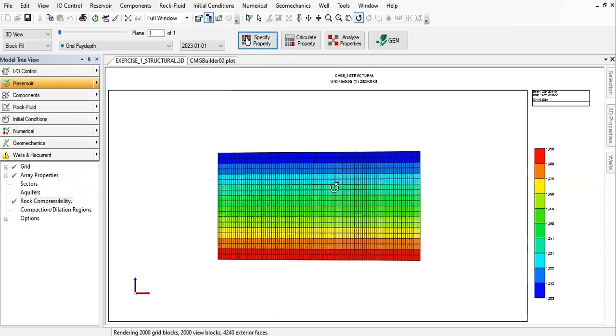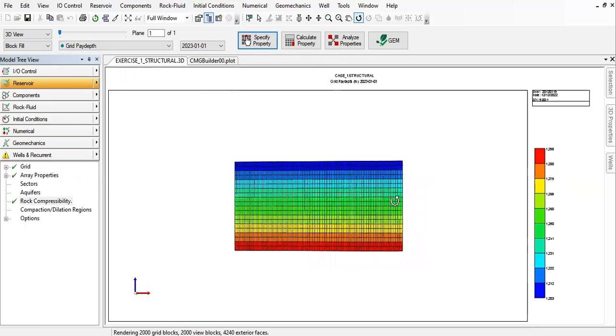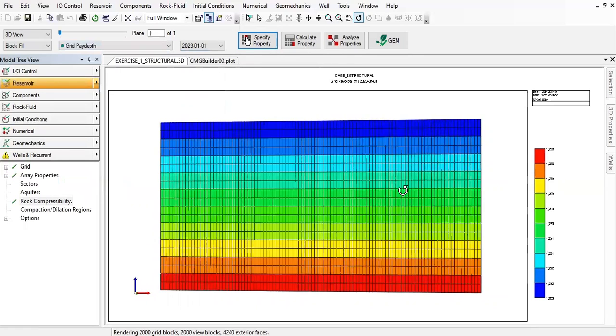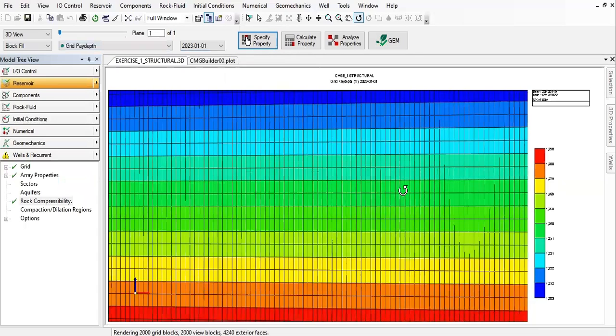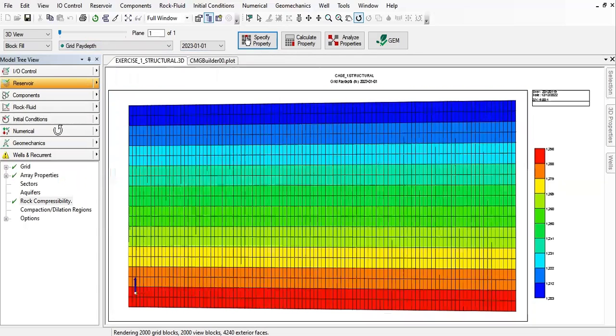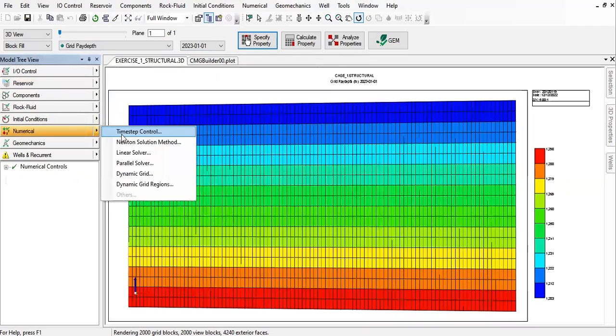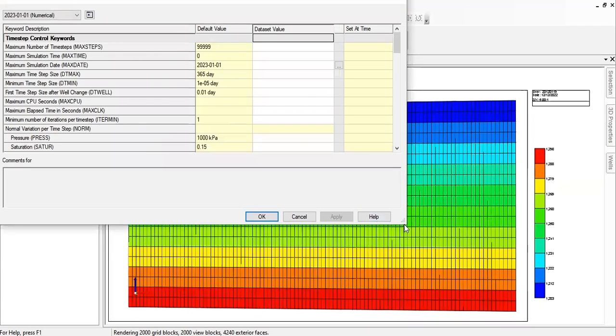Okay, so it's good. All right, so I think we can move forward from here. We can go to the numerical and time step control. All right, so